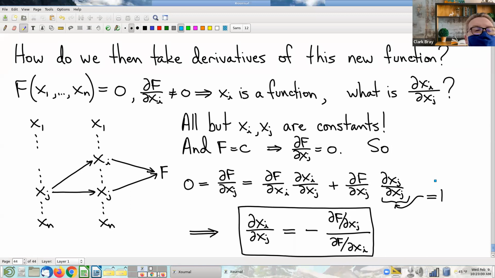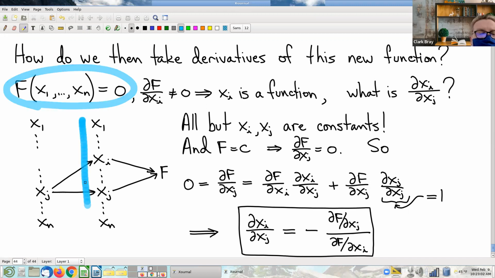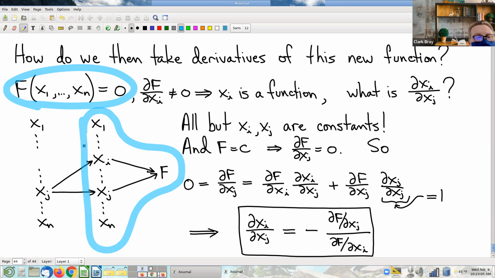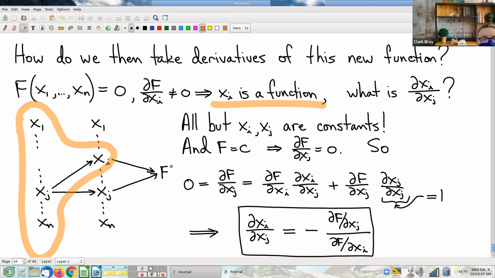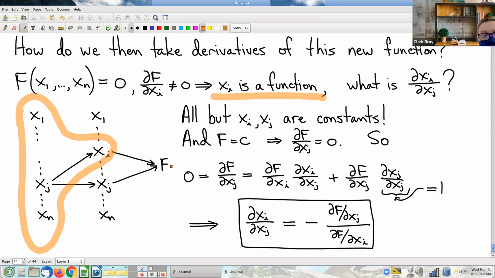So here's the way I like to think about this. I've got f as a function of the variables x1 through xn. Okay. And within that function, suppose that one of these partial derivatives is non-zero, and that, of course, as a consequence of that, I can view xi as a function of the other variables. And now I'm going to represent this, viewing xi as a function of the other variables. I'm representing that as